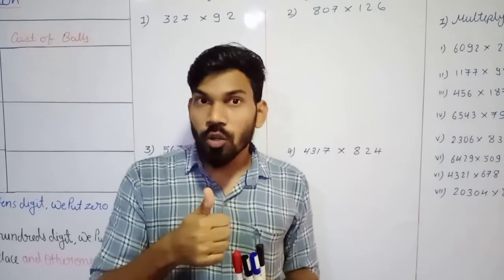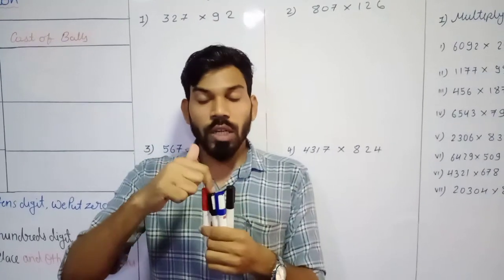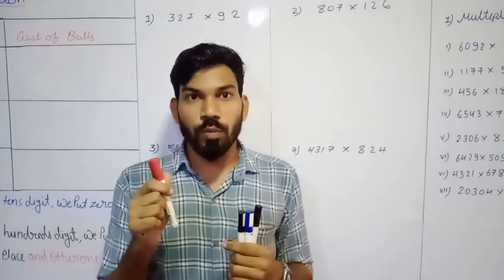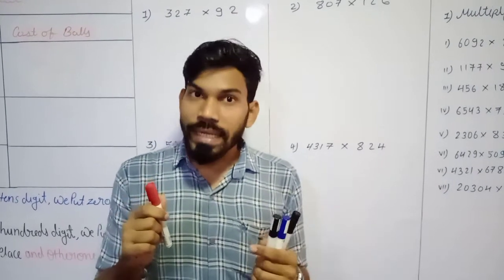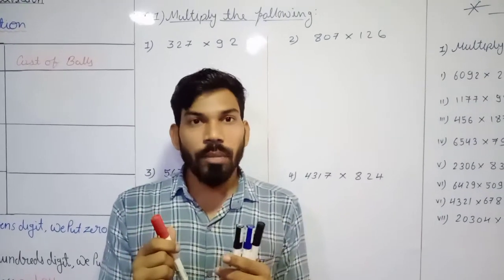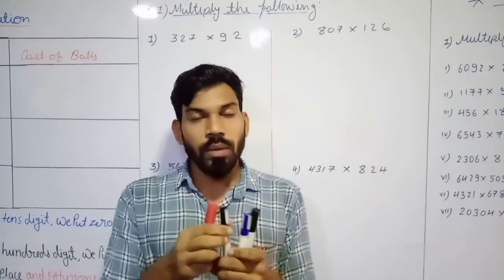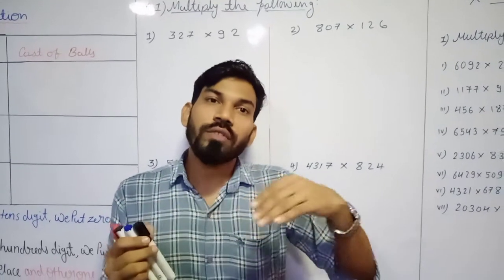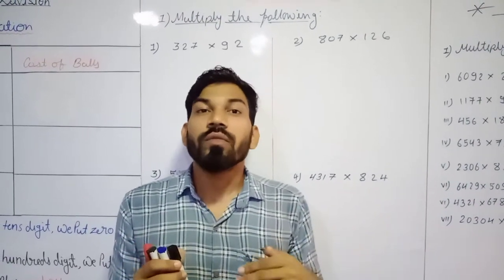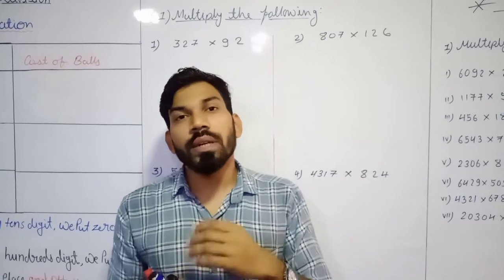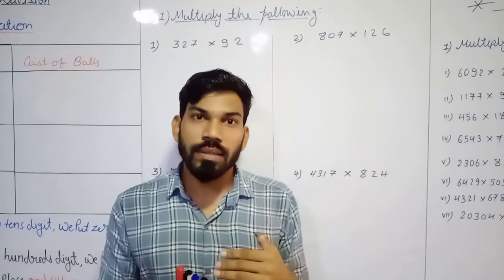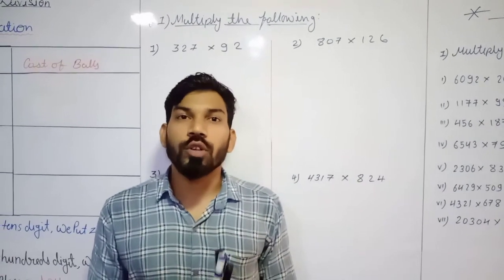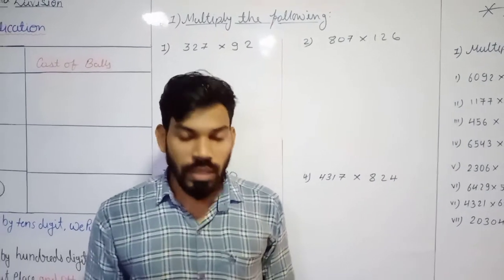For that we have to take the cost price of one marker and the number of markers we have. 1, 2, 3, 4. We have 4 markers and the cost price of one marker is 20 rupees. 4 twos are 8, that is 80 rupees. Let's add the cost price of all these 4 markers: 20 plus 20 is 40, plus 20 is 60, and plus 20 is 80. Both ways we are getting the same answer. But which is the easiest way to calculate the cost price of a large number of quantities? That is multiplication. Let's see in detail how we are going to solve multiplication sums.